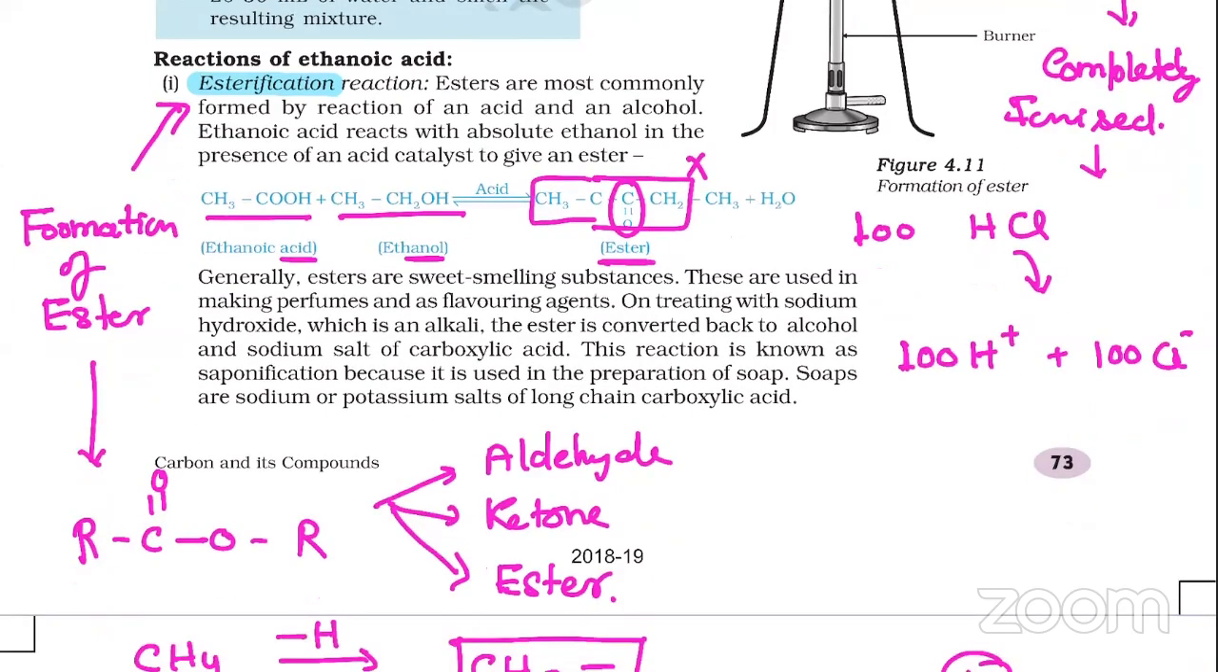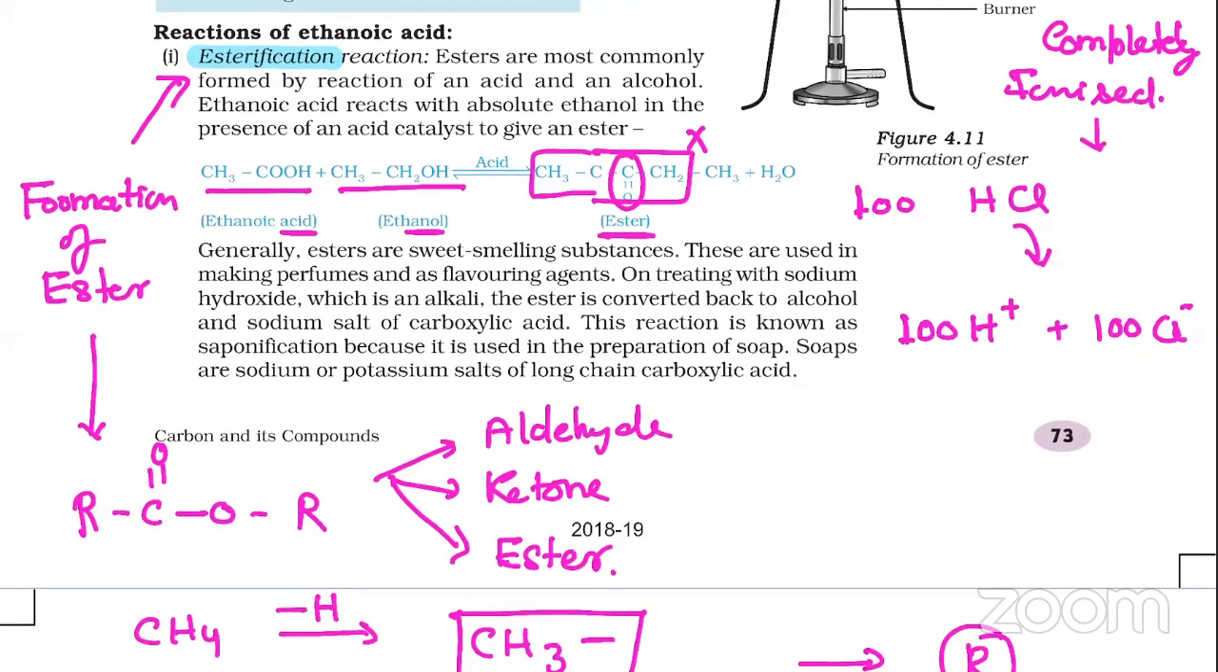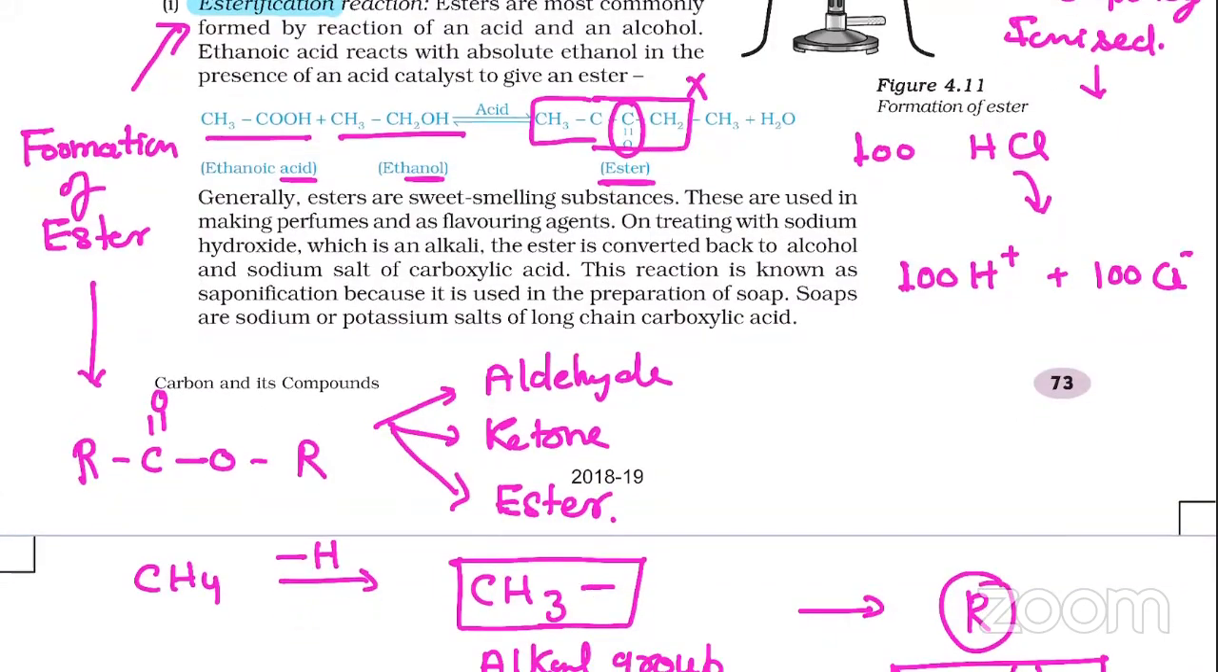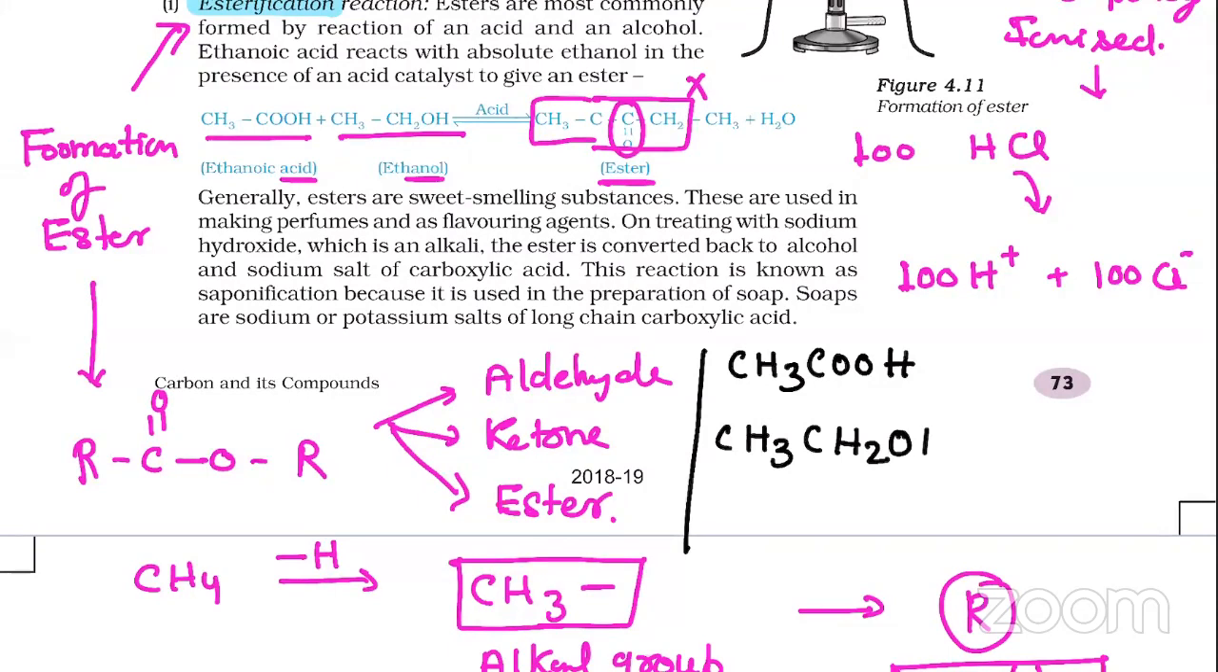So let me tell you how it is formed. What you have to do is simply write these two formulas close together. So I am writing here CH3COOH, and the second formula is CH3CH2OH. Okay, so what you have to do is, this is an acid, it will release H plus ion